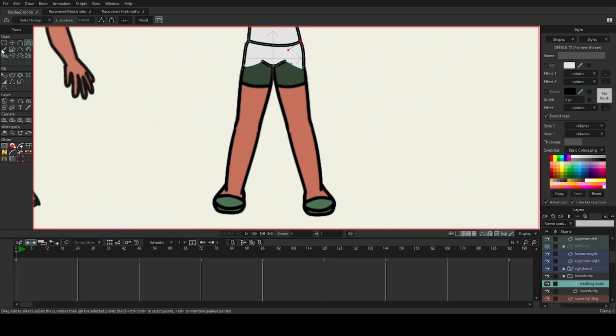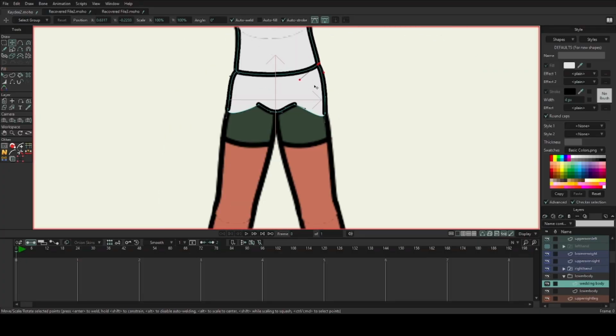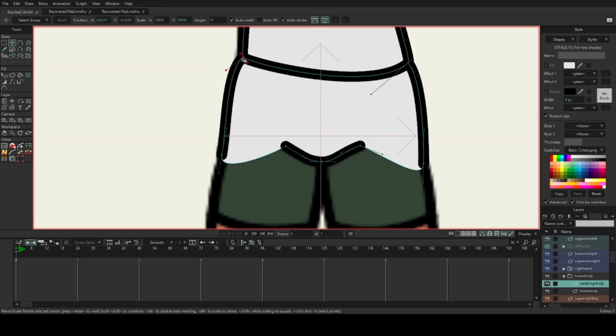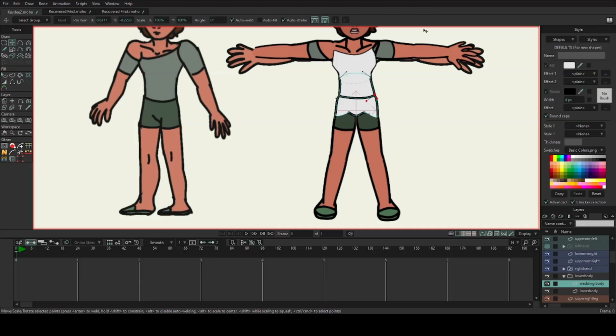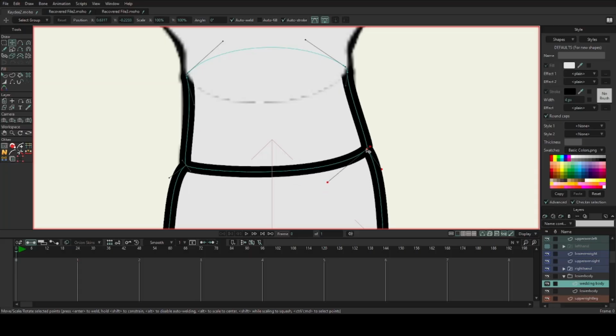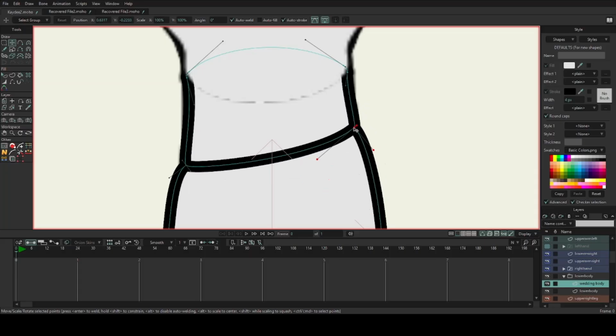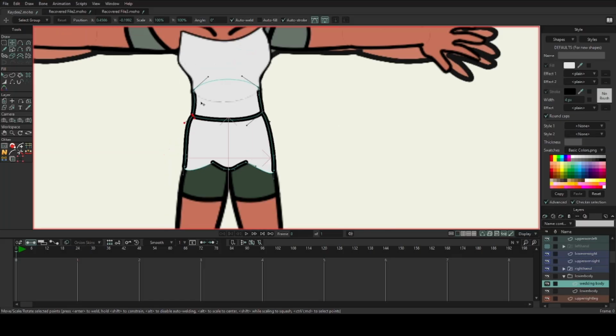Oh, it's so bad. It looks so bad. Oh, hold up. I kind of want to position it a little bit higher, because this is a dress, you know.